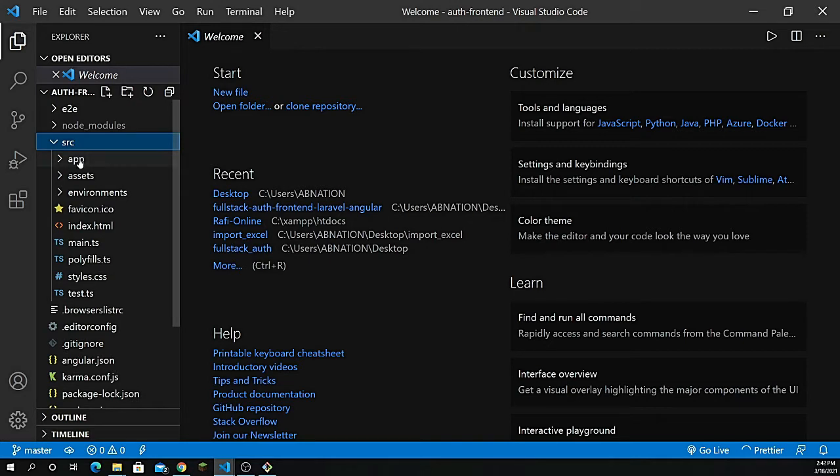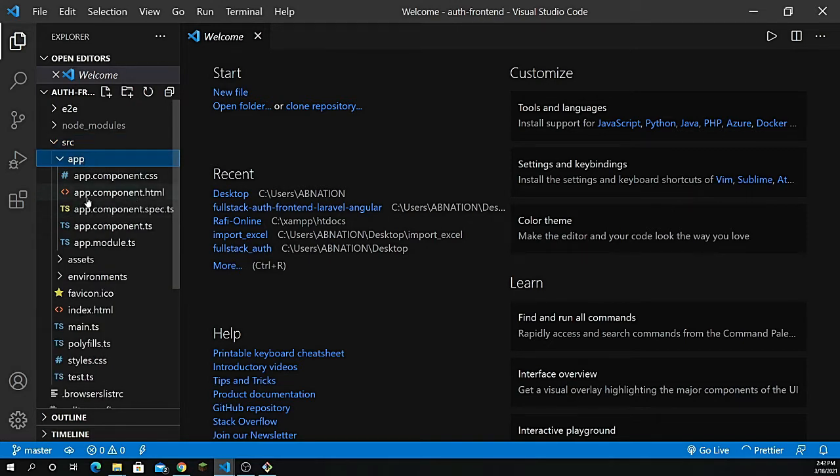So we have our source, app, and app consists of the component, which consists of 4 files: CSS, HTML, the testing file, which is specs.ts, and the component.ts file. That's where we can have our objects there, right? So next very important file is the